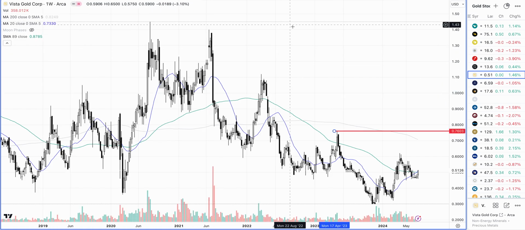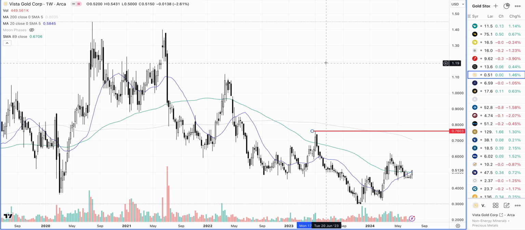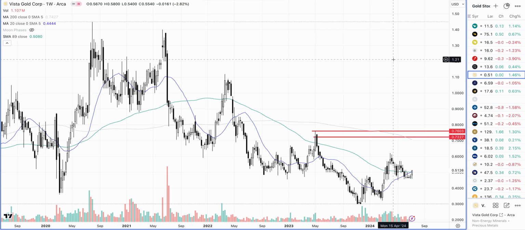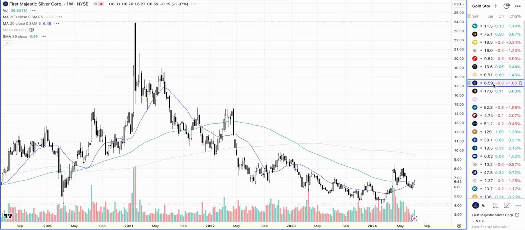Let me actually bring in volume for this one, and let's see. Yeah, this is where on the upside we had a pretty good volume. Pretty nice volume came out onto the upside. Following that, there was no follow through, and this market just went down. So it looks like it wants to go and challenge this kind of region here. This is what I would think it might do.